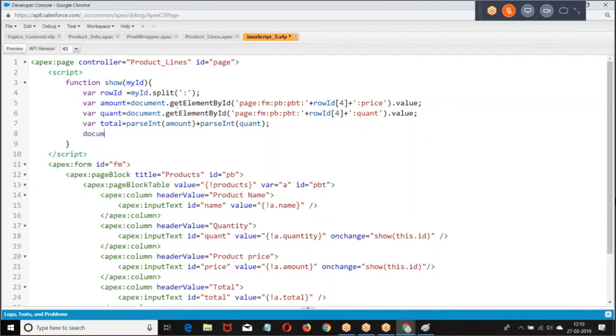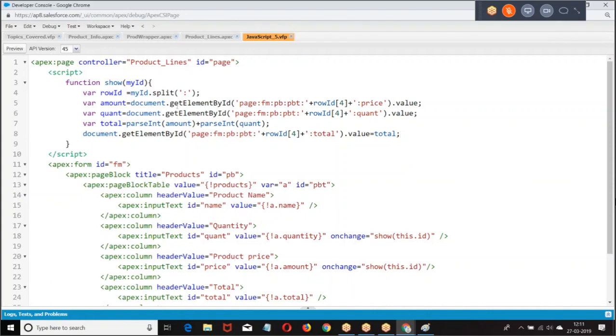Then I'm giving document dot get page, form, page block table plus. What I'm doing: first identify the row number, then read that row price, that row quantity, then calculate the total.